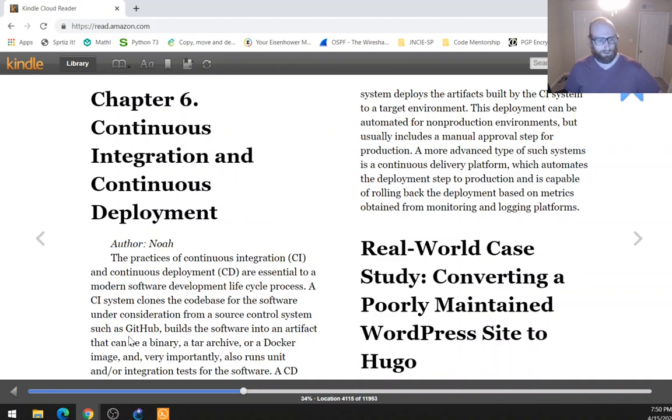So continuous integration clones the code base for the software under consideration from a source control system such as GitHub. So clones from source control, we'll write that in there. Okay. Builds the software into an artifact that can be a binary, a tar archive, or a Docker image. So I would call that compiles. I think that's just another word for compiling. So we'll say